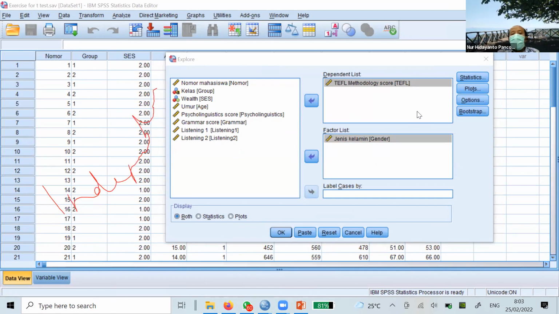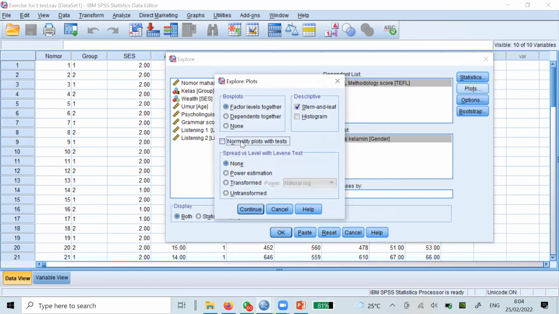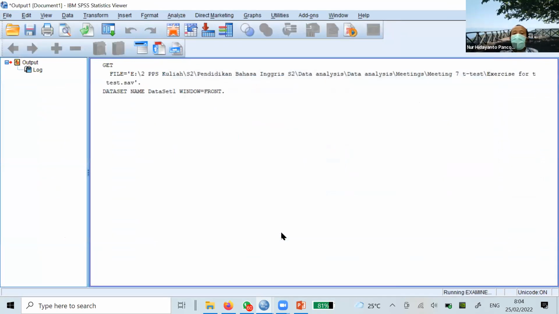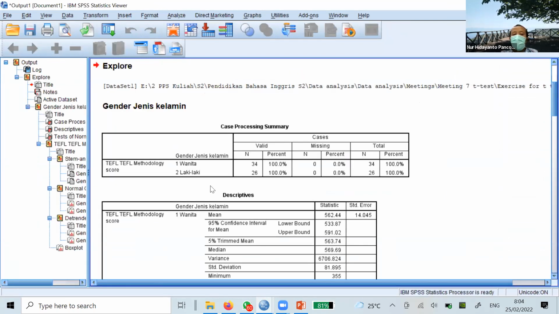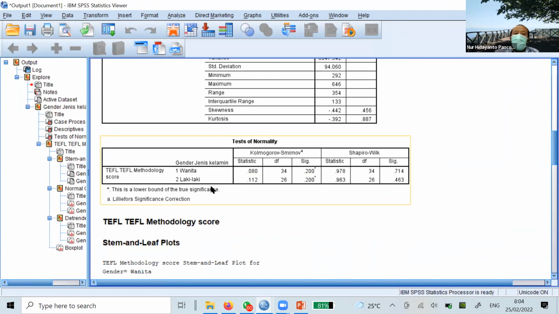Okay, so you put the first variable here and then the grouping here. Okay, and then I click on the plots and then choose test of normality with plots. I click continue and then I click OK. Wait a minute, you'll see that there will be two groups in your